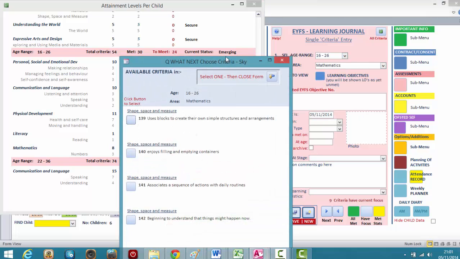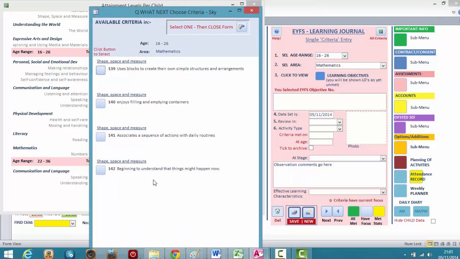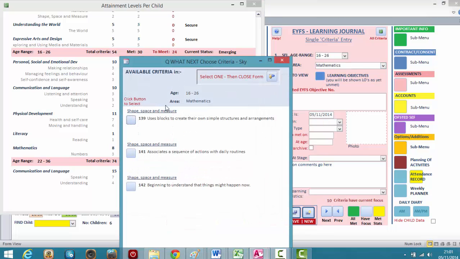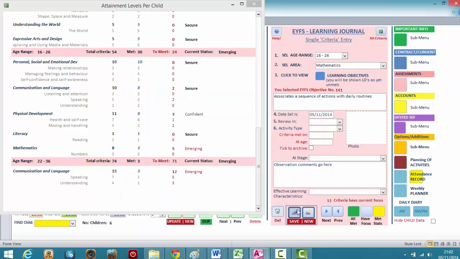And this will show me all of the ones that he has not yet met. So there's only 4 in there, so potentially you can put a few more in there. And save that. So it's put your current focus to 11,